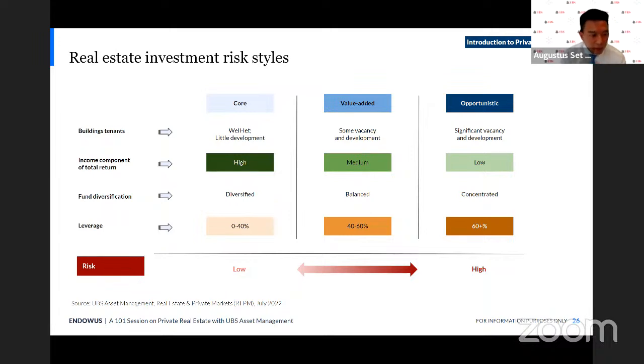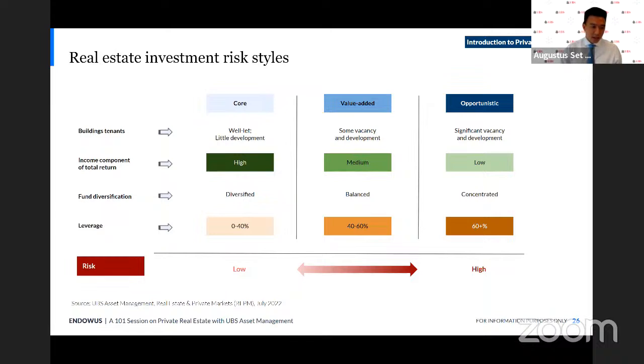Now, on the other hand, you have opportunistic investments, right? So you might have a strategy where you buy, let's say, land parcels in an emerging market like India, for example, and you take the risk of having to apply for government permits and development approvals. You have to build the actual building, right? So you take the risk of building and construction, raw material prices. And then when it's built, you have to find tenants to occupy the building, and then you have to sell it.